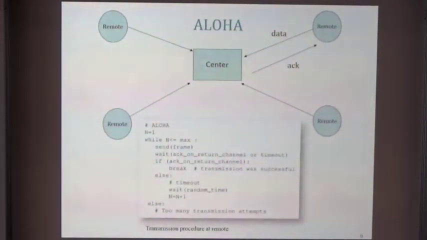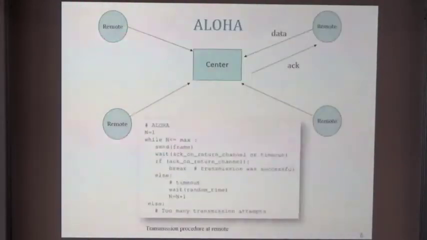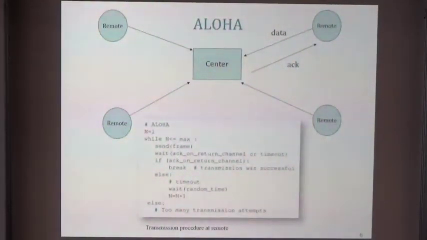So that is ALOHA. Now, if you do ALOHA, you can show that it works poorly, in fact. If you assume the arrival of messages here is completely random, the way to model something random is assuming they arrive as a Poisson process, then the throughput that you can reach, so the max rate at which you can receive messages and reliably deliver them, is order of 18% of the channel